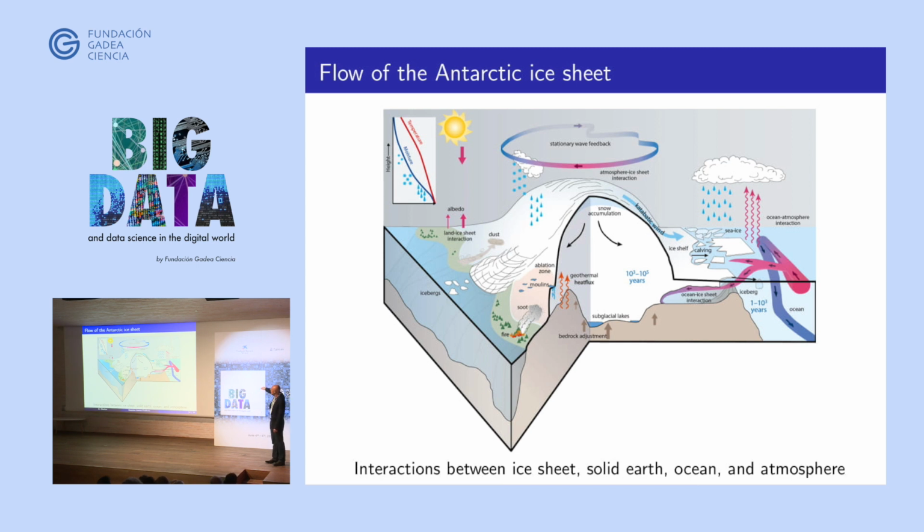And this acceleration is probably due to increased circumpolar currents. So the circumpolar wind has caused greater mixing in the ocean, and that has led to warming in the sub-shelf. So the ice that's on land is the ice sheet, and when the ice flows off land onto the ocean, this is an ice shelf. So the waters in certain portions of Antarctica have been warming, and that has caused greater melting of the ice, and that leads to breakup of these ice shelves.